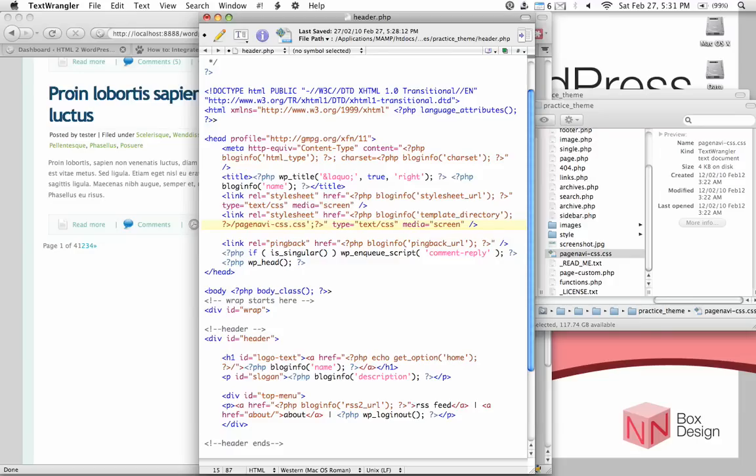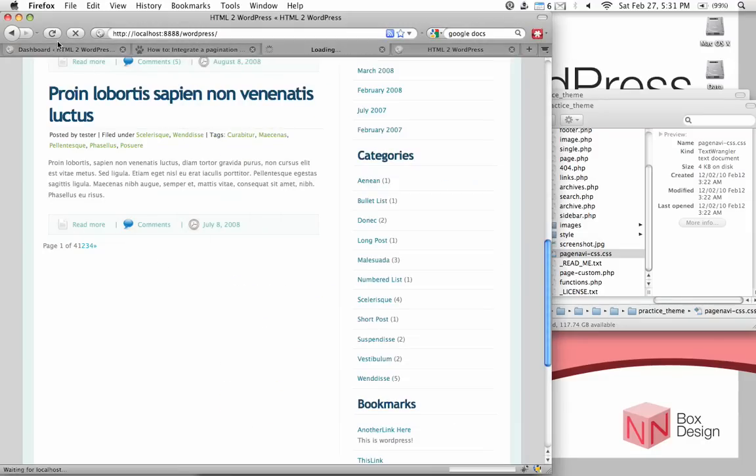-css.css. And then we also don't need this closing PHP tag anymore. And we don't need that comma, that quote mark, single quote. And everything looks okay to me. So let's just hit save and then reload. Okay, so you can see that we have a preliminary set of page navigation, except right now this does not fit inside our theme. And so in order to change that, what we need to do is to edit the